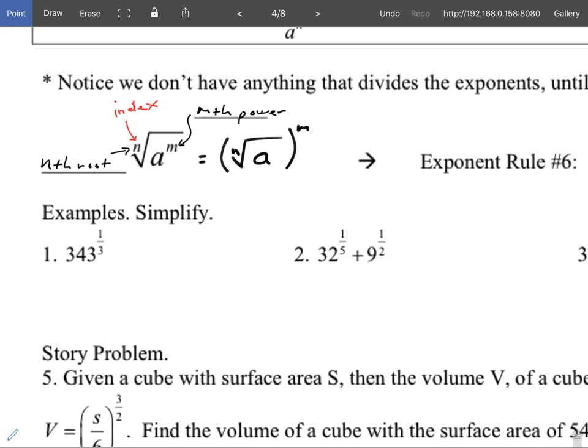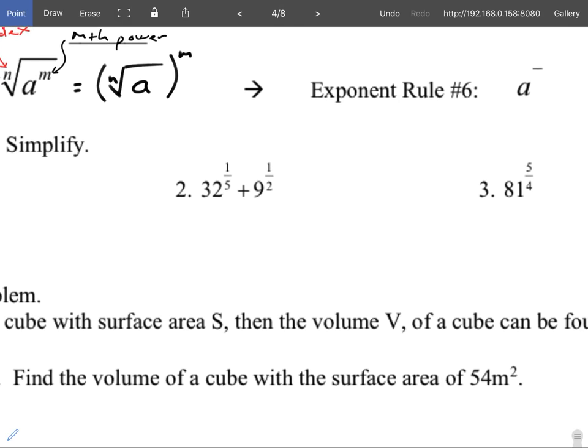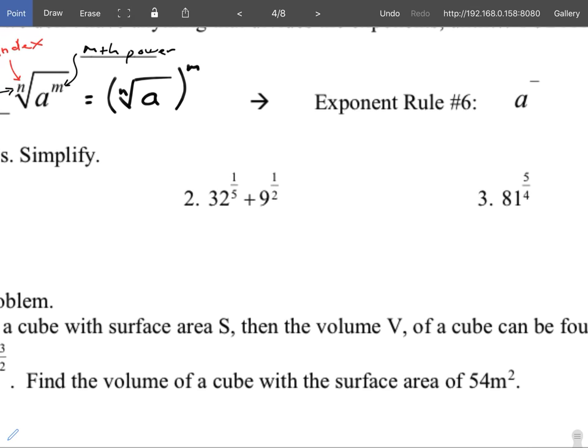And then we're going to change that. Both of those are in radical form, and we're going to change that into rational exponent form, which really means we're going to rewrite it as a fraction power. So let me slide over here. So what we're going to do is,